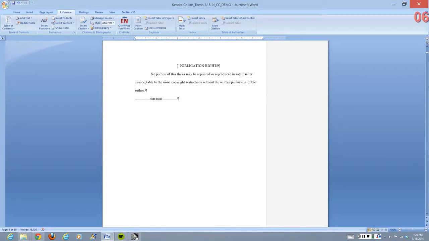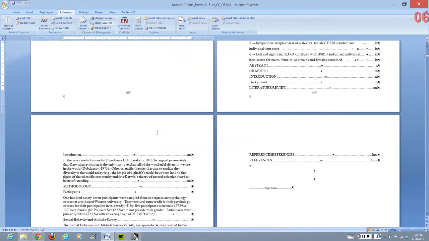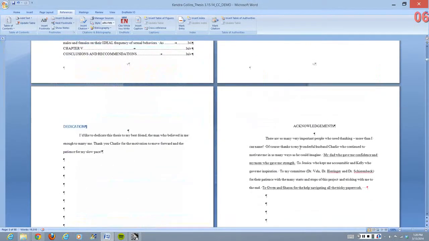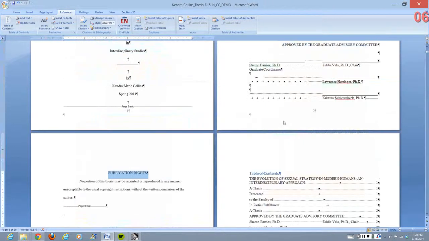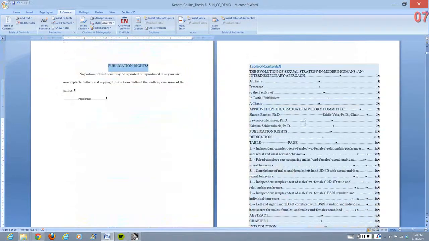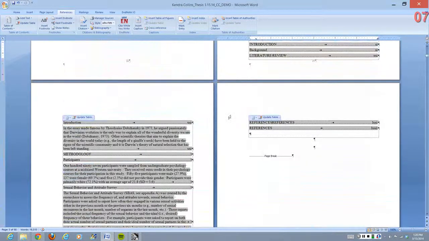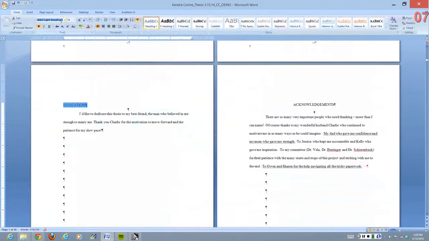So here we go. So we got publication rights, add text, level 1, update table. Interesting. That's really weird. So I think what's happening is all of this stuff is hyperlinked somehow. So you may be better off actually going through first and hyperlinking the things you want, right? So you have the dedication, which is hyperlinked, and then you're just going to have to, this is where I was talking about where it gets sort of irritating,